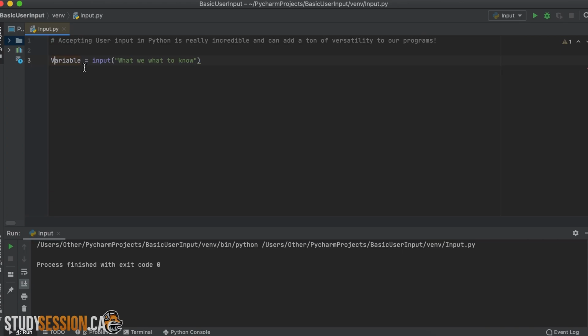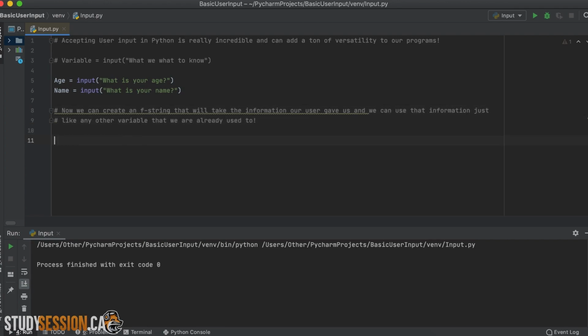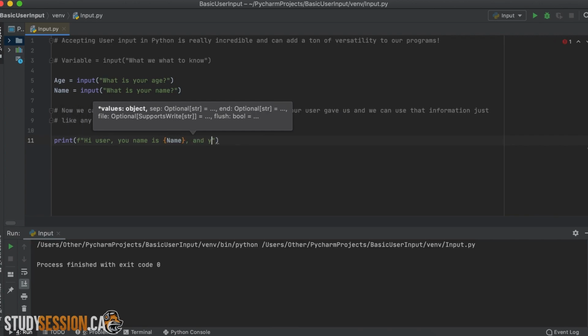Let's do a quick example now so that you can better understand what this actually looks like. Let's tell a user to tell us their name and their age. Then we can print this back to them. So let's create two input variables for the user to give us the information that we require. Then our print statement here at the bottom is just going to work like every other print statement we used previously.